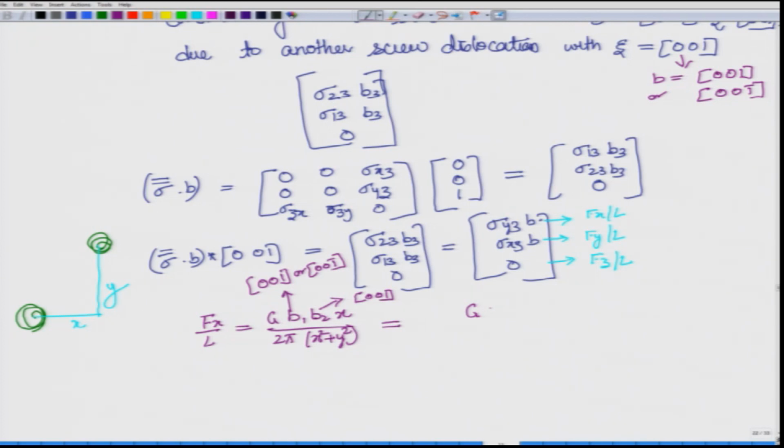So, it becomes G b square x by 2 pi x square plus y square, and f y by L is equal to